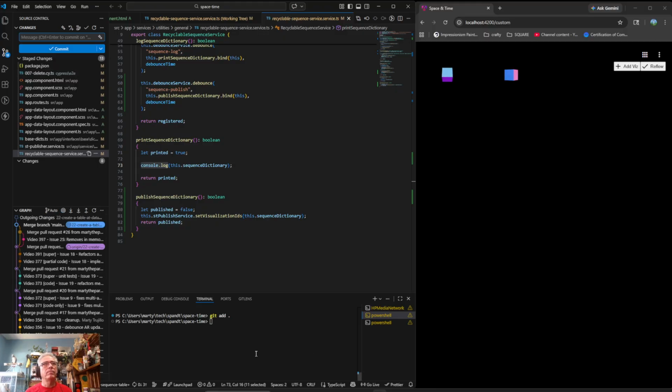I'm going to say git commit -m issue 22. It's kind of weird because at this point it's obvious we're in issue 22, but when we merge this into the overall application, it'll no longer be issue 22. Adds a table to see all of the existing